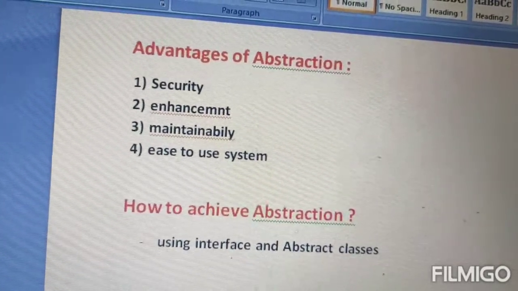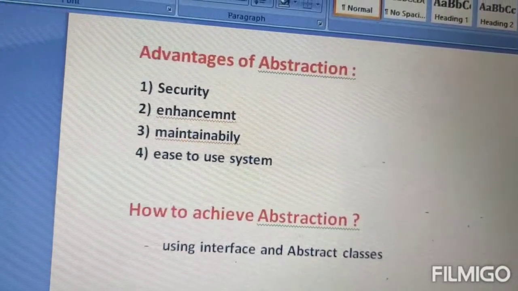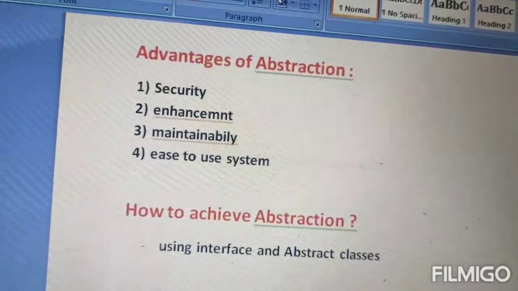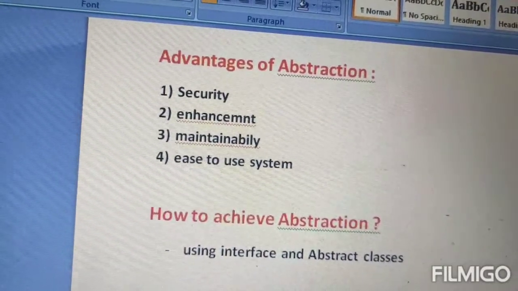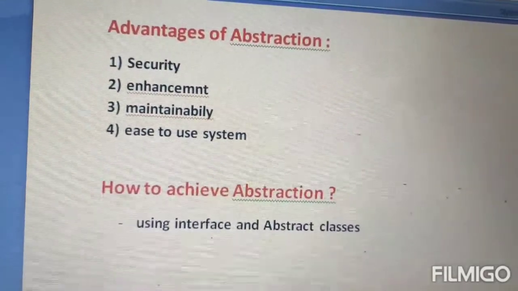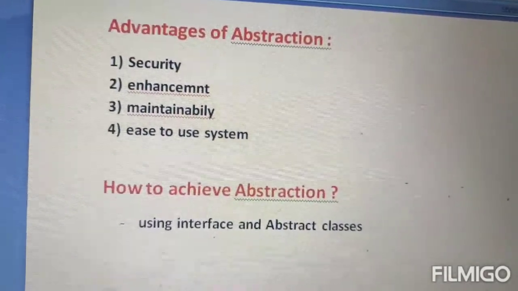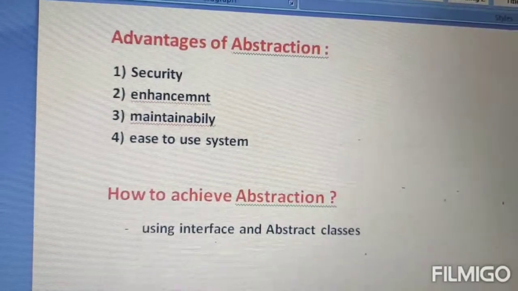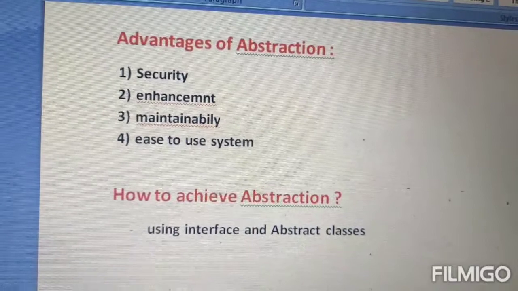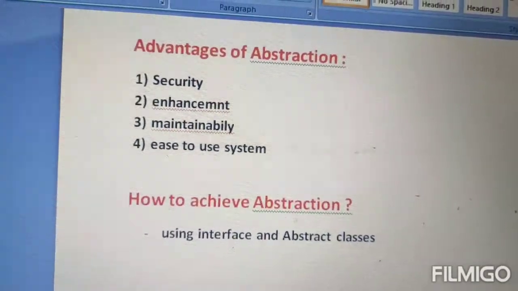They only enter some inputs and they are able to get output. That is what makes this a very easy to use system. They need not worry about what the implementation is. So yeah, it's an easy to use system because of abstraction only. It becomes very easy for an end user to use that system.